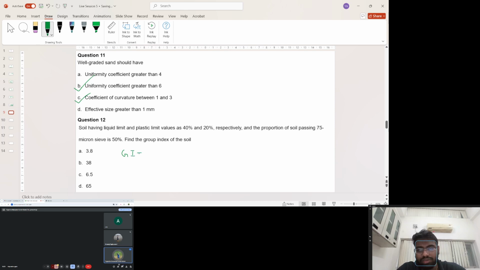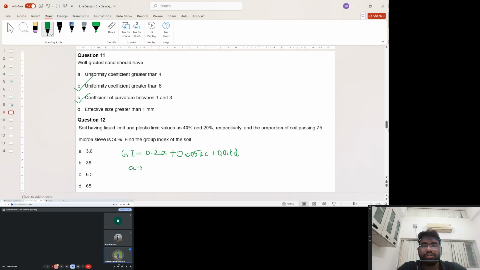So group index is 0.2a plus 0.005ac plus 0.01bd. So a, b, c, d are parameters, where a is